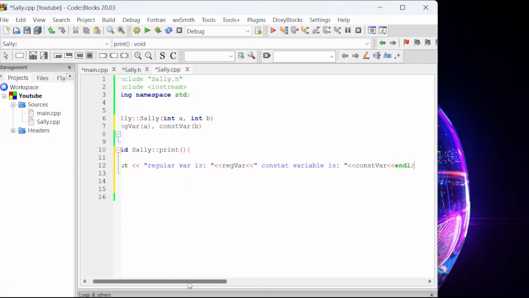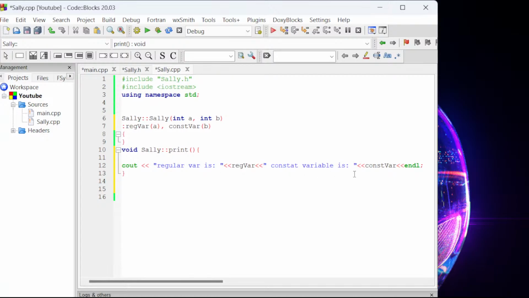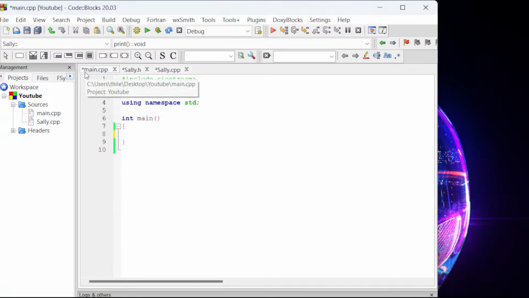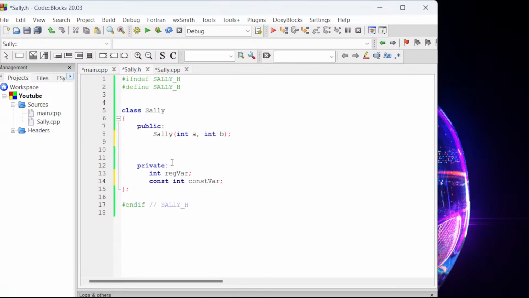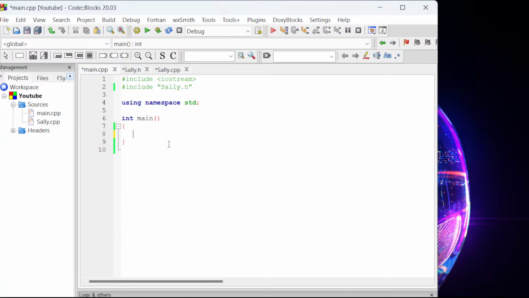Now we just have to implement some value for the regular variable and constant variable. How do we implement? We go to the main function. Whenever we have a class, we have to create an object to call it. Here we have a function named Sally, but we have to create an object to call the function within a class. So Sally and s, this is the Sally object, and here I'm going to put some two integers, 4